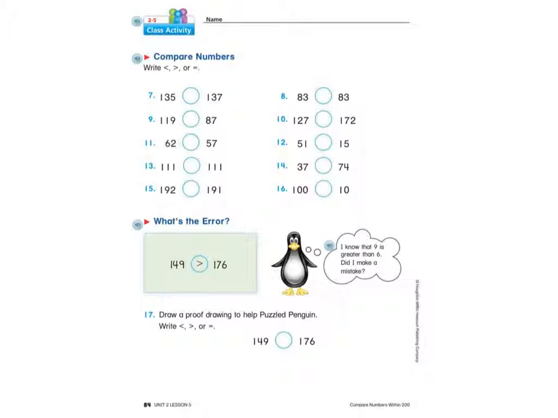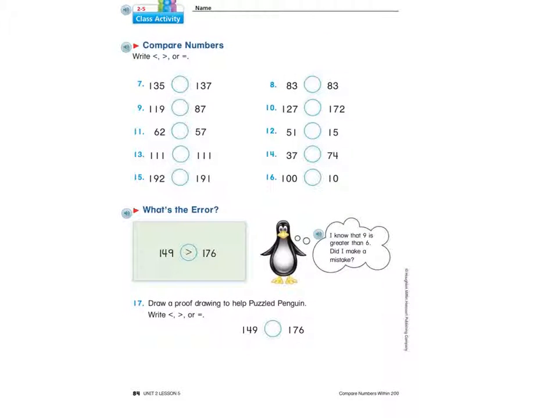Then when you're finished with that page, you're going to go on to the next page in your SAB, which is page 84, and you're going to keep practicing using our greater than, less than, or equal to symbols. You have to practice 7 through 16. Then it says